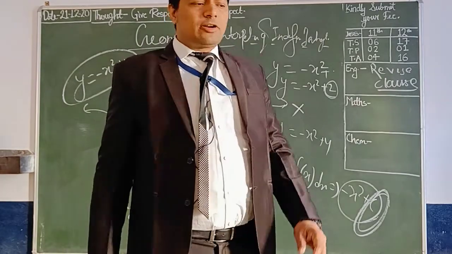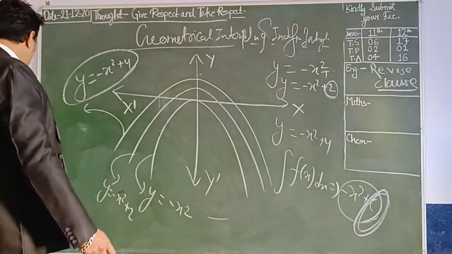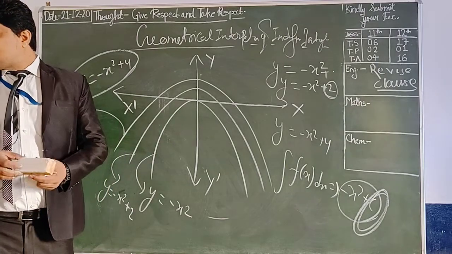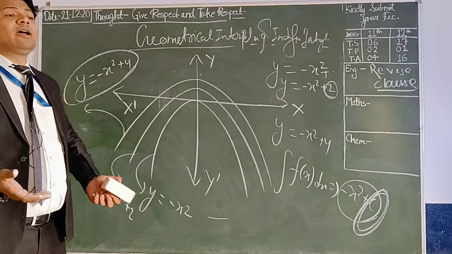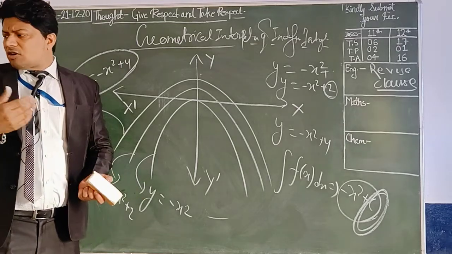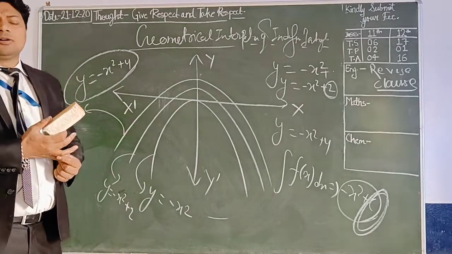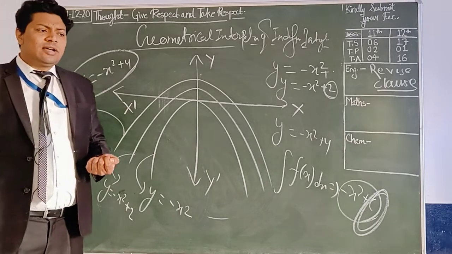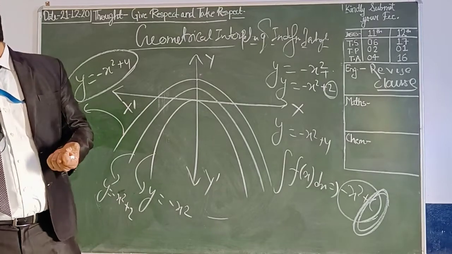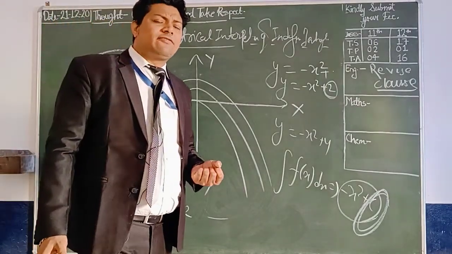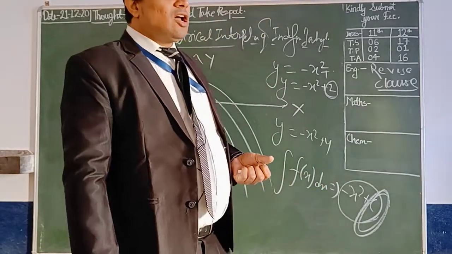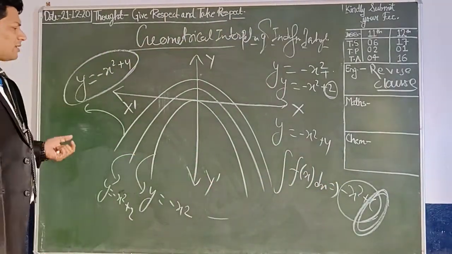Now if you want to draw, you may draw, otherwise no issue at all. I will go for the other terms, how you can go for integration. What are the methods of integration? We have integration by substitution. The second one is integration by parts, and the third one is integration of rational algebraic functions. So we have to go for three terms.